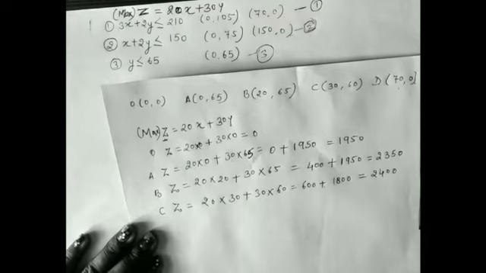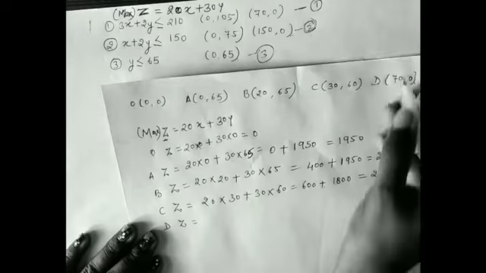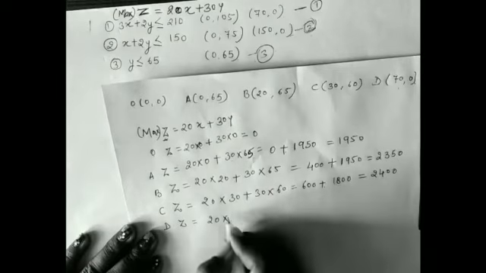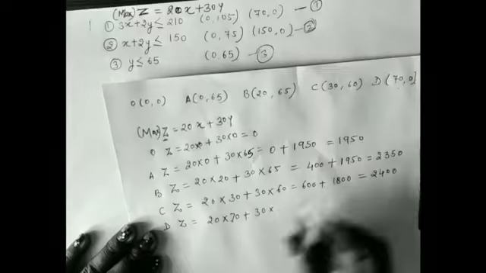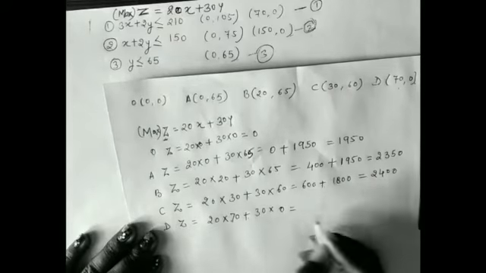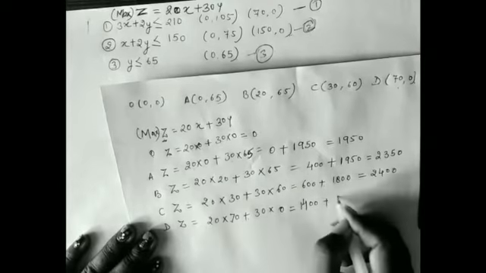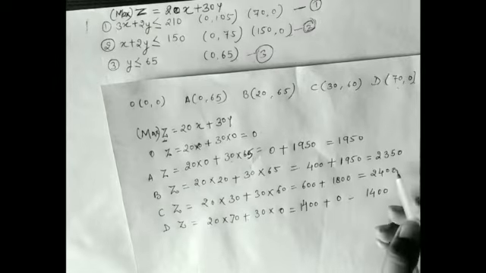Checking it for D. z equals 20 into 70 plus 30 into, here y is 0. So this is equal to 1400 plus 30 into 0, which is 0. This is equal to 1400. Now we can see that the maximum profit is at point